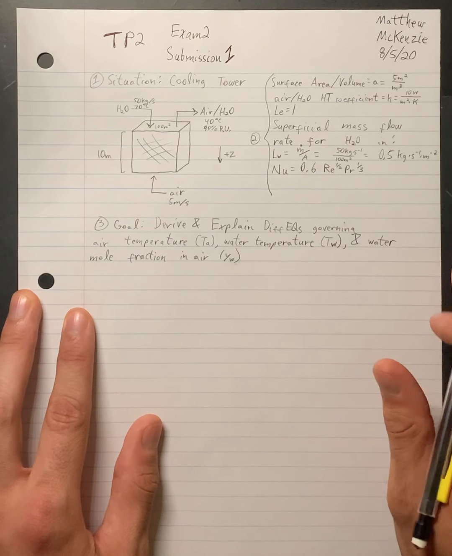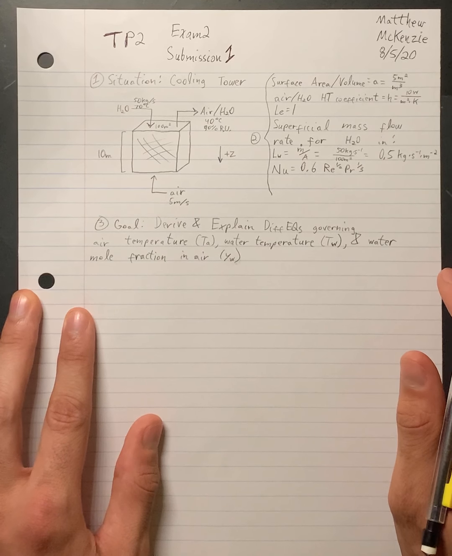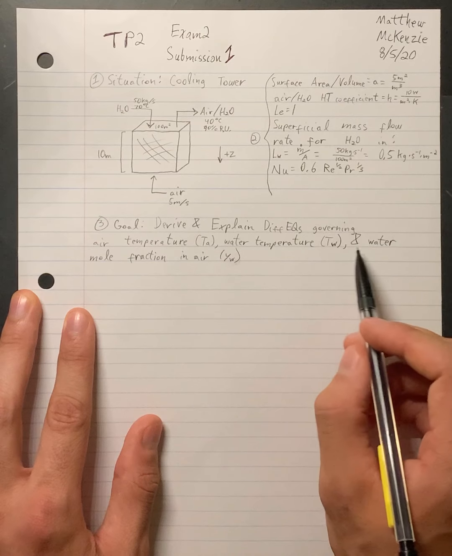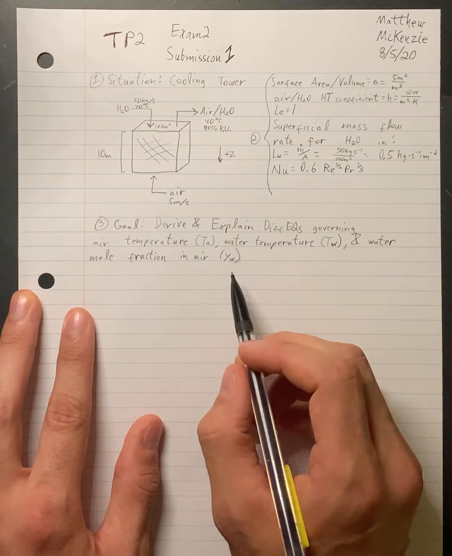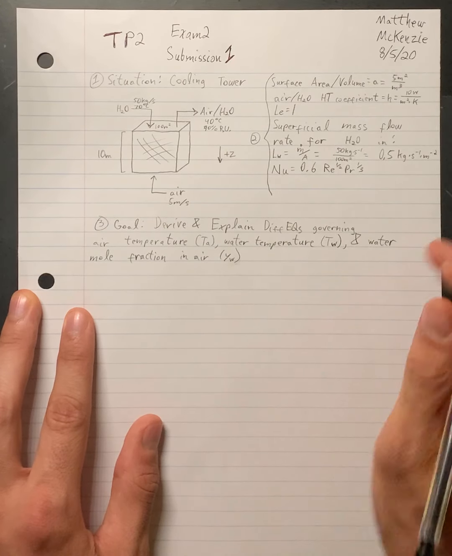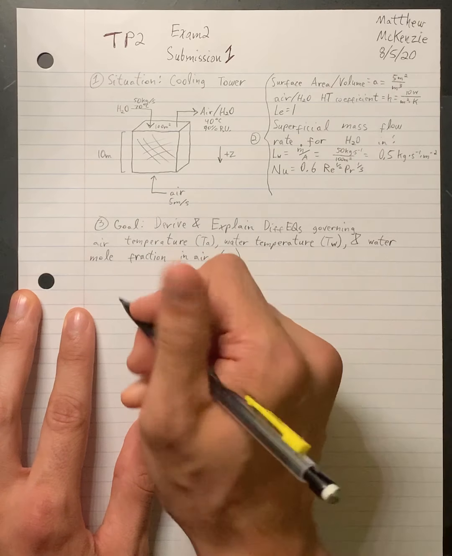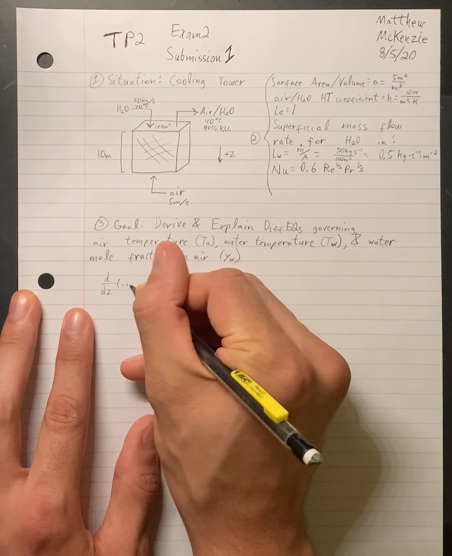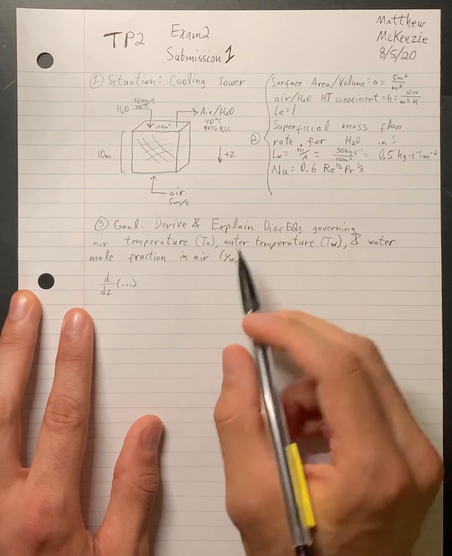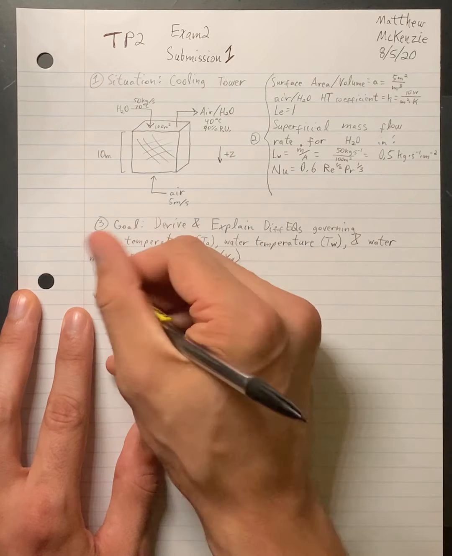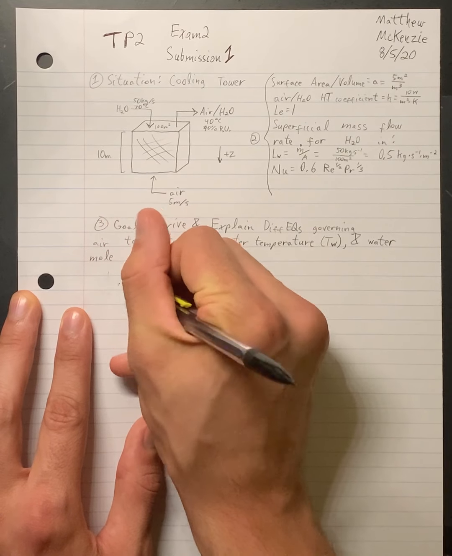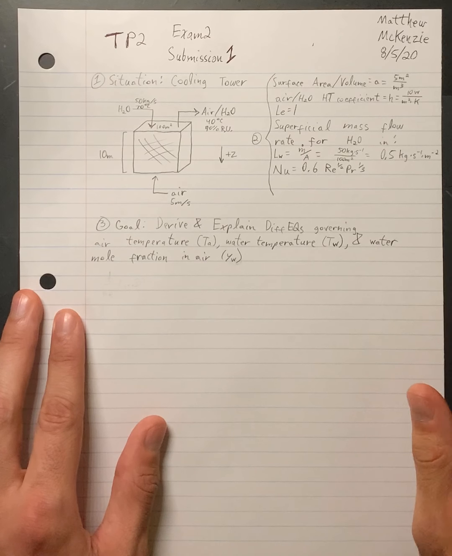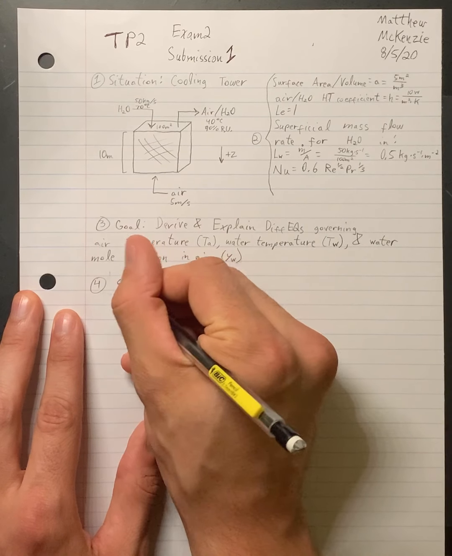And so the goal of this part is to derive and explain the differential equations governing the air temperature, water temperature, and water mole fraction in the air. So now these differential equations always have some form, d over dz, and then some unit here. And that unit's going to be one of those three values: the water temperature, air temperature, as well as water mole fraction. So in order to do this, our strategy,